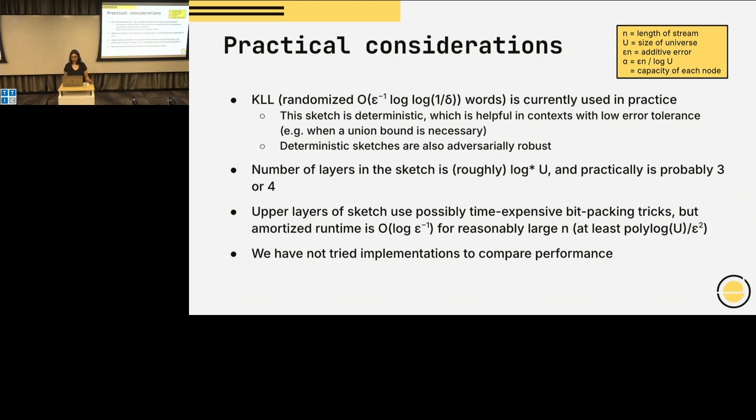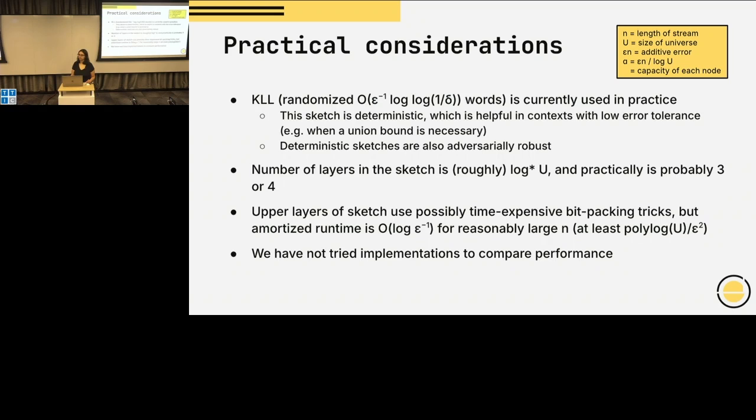And yeah, I have no idea. There's potential reasons that it could do badly, but there's potential reasons the constants are just not that high. Yeah? I was just wondering, if instead somebody says, can you sketch a rough histogram, you don't accrue errors across the different quantiles, right? If I understand correctly, KLL would accrue errors across the different quantiles because this error is for one particular quantile query. I don't think it accrues errors, no.